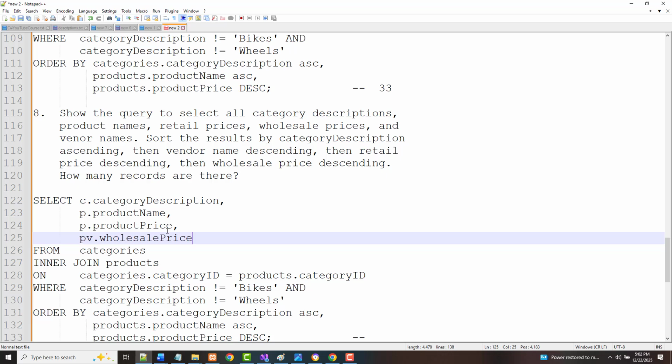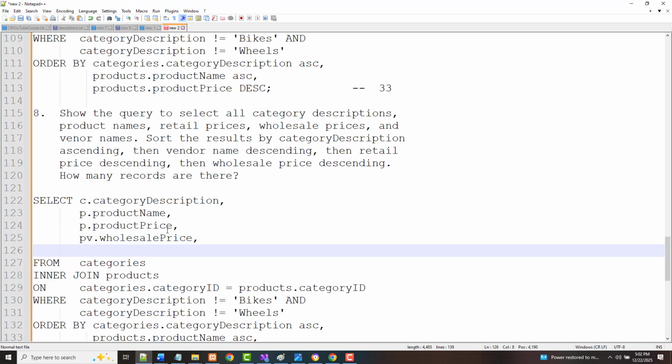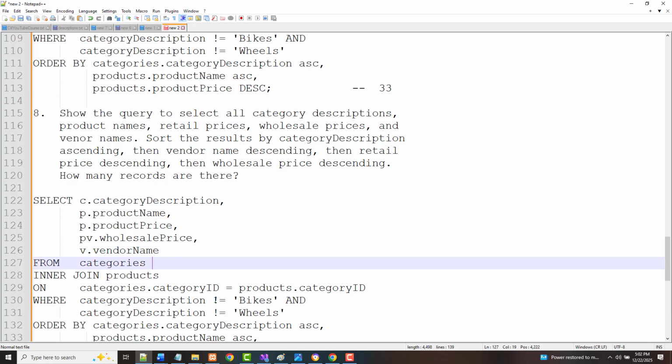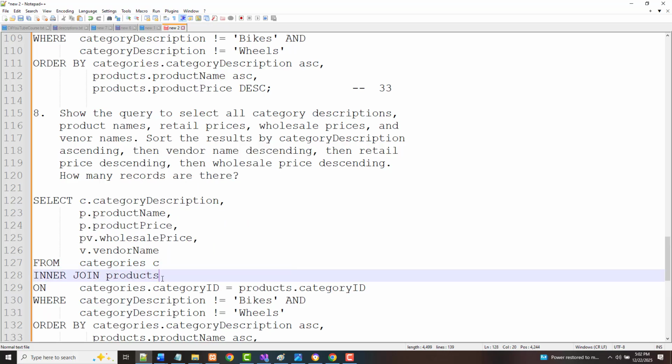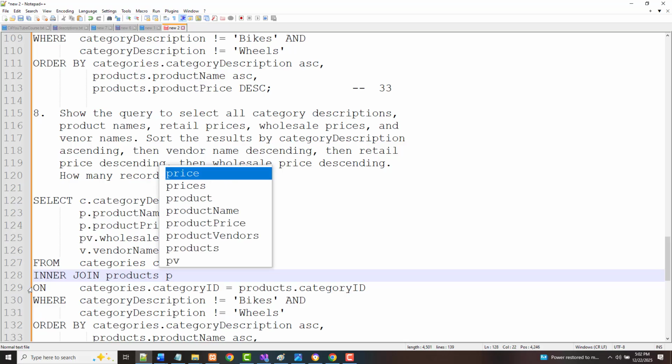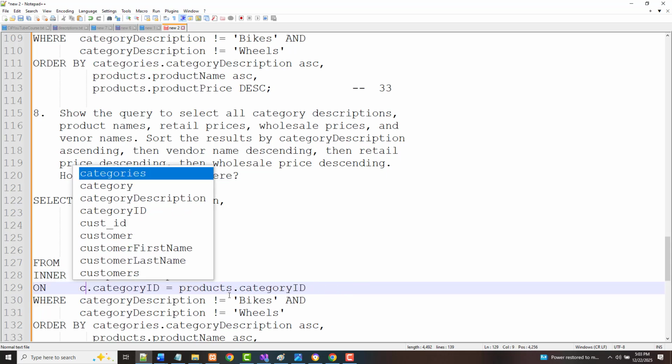Wholesale price, and the vendor, V.vendor name. So that's from categories C, inner join products P, on categories.category ID equals products, or here we'll say C and P,